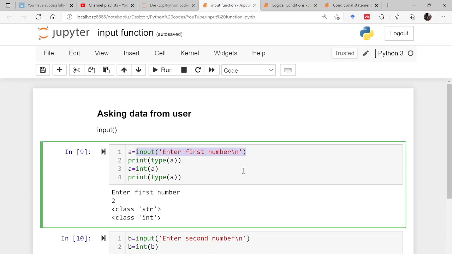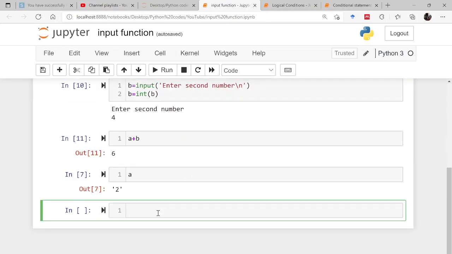These two statements can be clubbed into one. How? Let us say I am asking a user to enter something, let us say D. So input, "Enter D", and then new line.